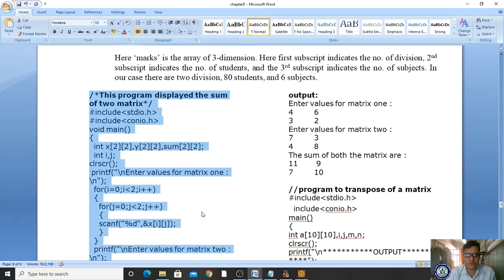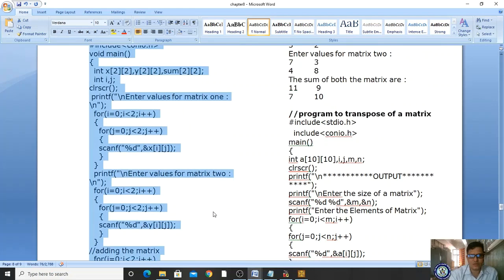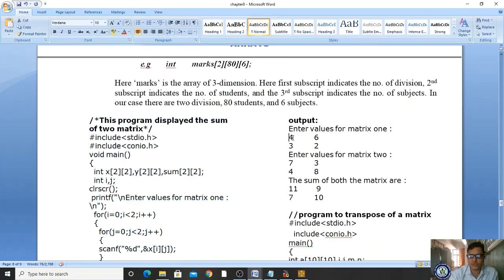As you are seeing, for the summation of two matrices, in the output this is matrix A and this is matrix B. In matrix A and matrix B, we have to do the summation, rows versus columns, right? 4 plus 7, 11. 6 plus 3, 9. 3 plus 4, 7. 2 plus 8, 10, actually, here it is missed.